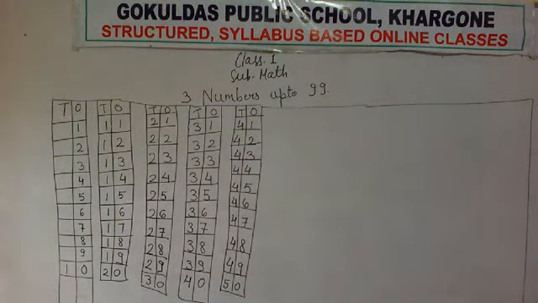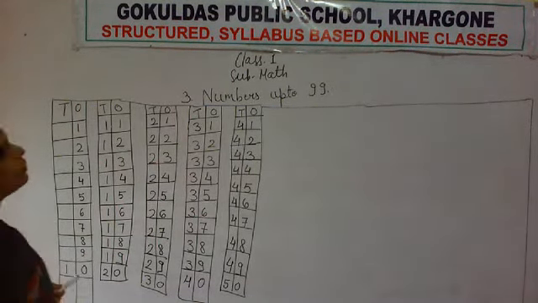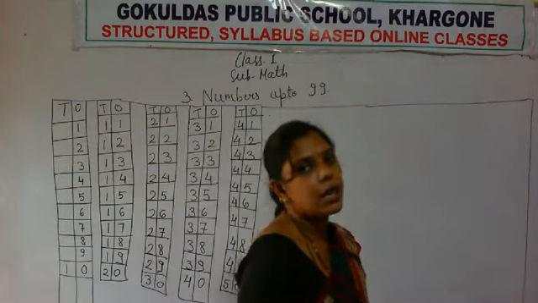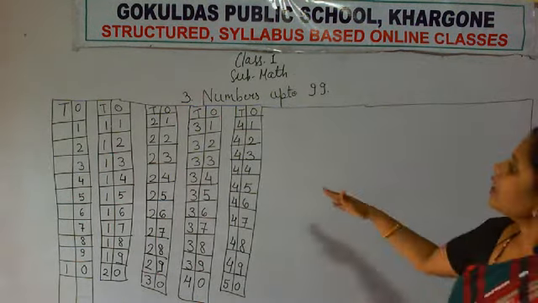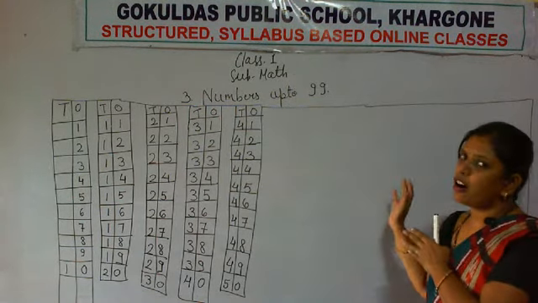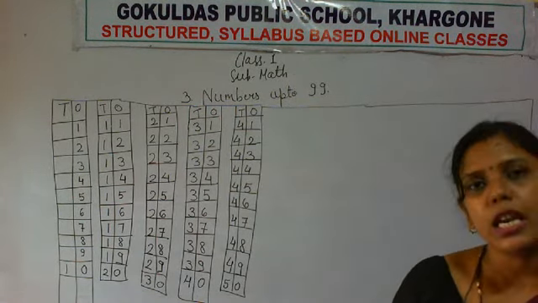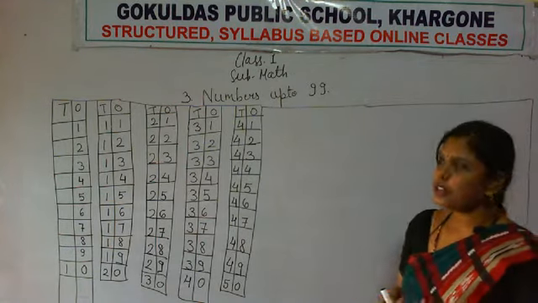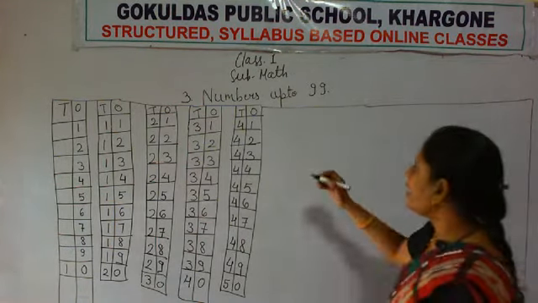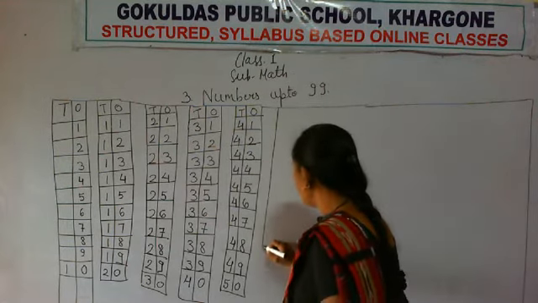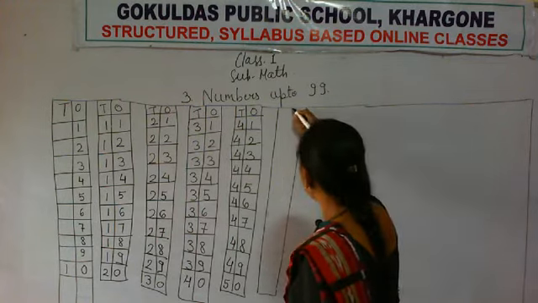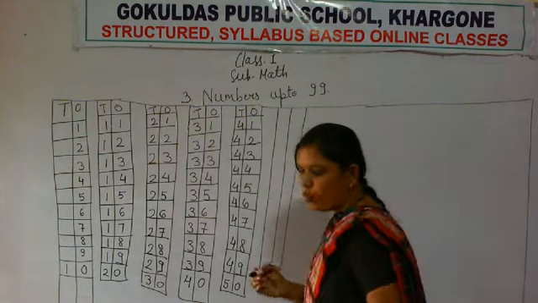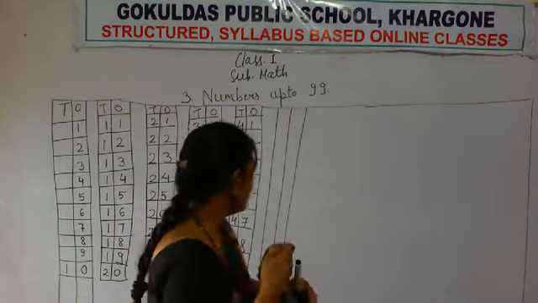Okay. Now if you don't have space on the same page, what will you do? You will take a new page for writing other counting. Or if you have space on the same page, you continue on the same page. Again skip one line. Then what is your heading? Your heading will be: first you have to write T for tens and O for ones.